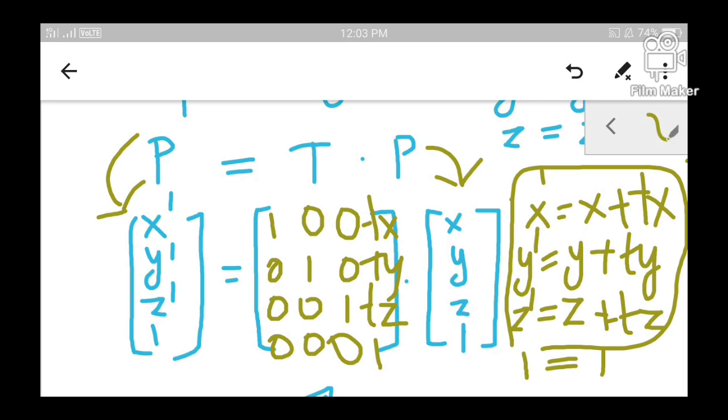Translation is typically the change in position of an object from one position to another position, and whenever the object is transformed from one position to another, the entire set of points in the object will be moved to the new position. For each individual point on the object, this particular transformation has to be done, because every point has a corresponding x, y and z in it. So every point in the object must be translated so that the entire object is translated. Okay, so this is all about